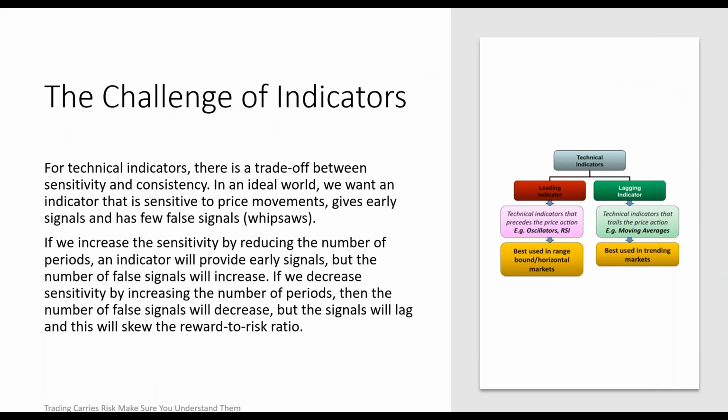Now, for technical indicators, there's a trade-off between sensitivity and consistency. In an ideal world, we want an indicator that is sensitive to price movement, gives early signals, and has few false signals. If we increase the sensitivity by reducing the number of periods, an indicator will provide early signals. And this is what you get out there. You'll find gurus out there telling, okay, well, let's use MACD, but we're going to change it from a 20 period to a 16 period and a 26 period to an 18 period, because that's going to give us more. Well, then it's no longer the original